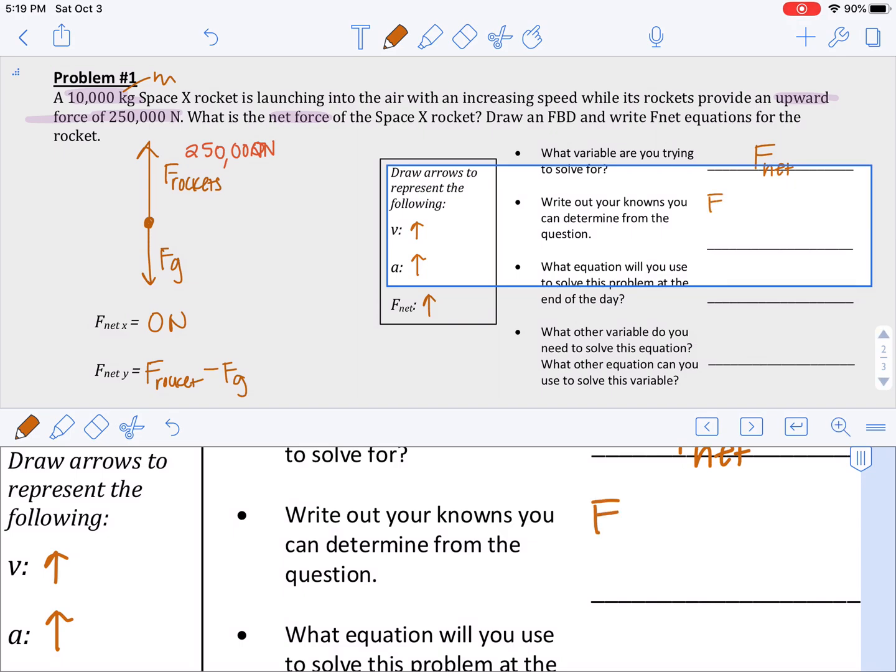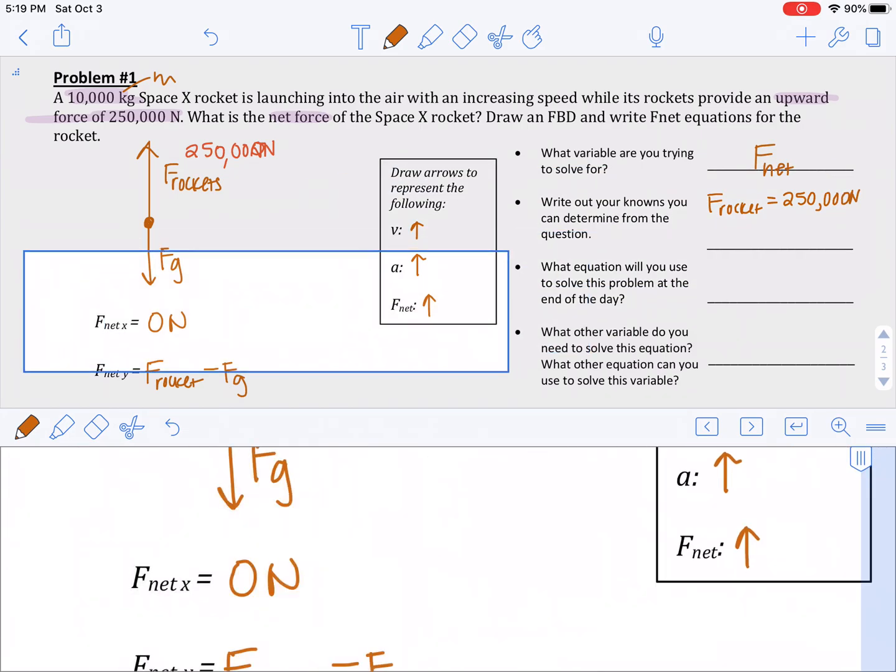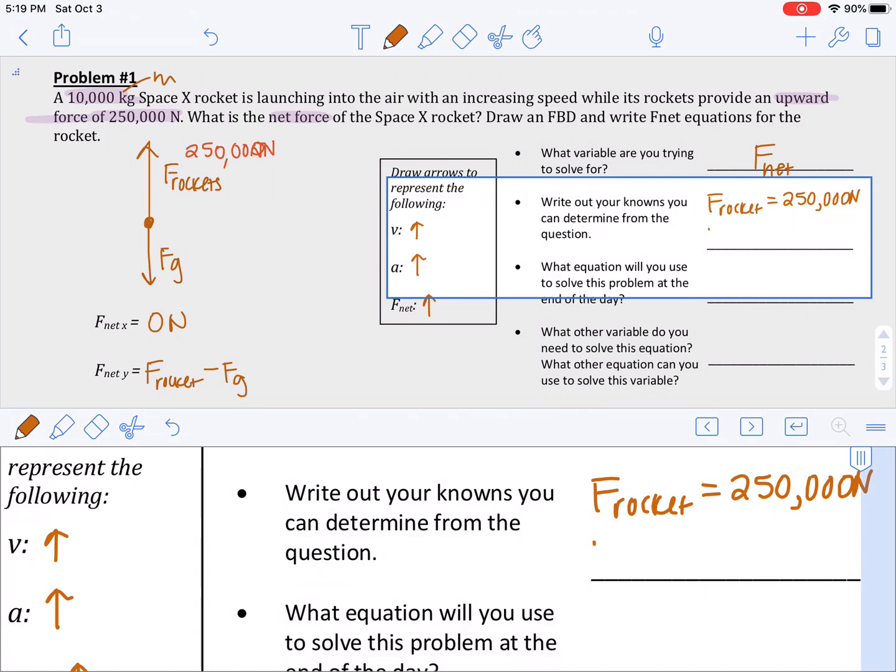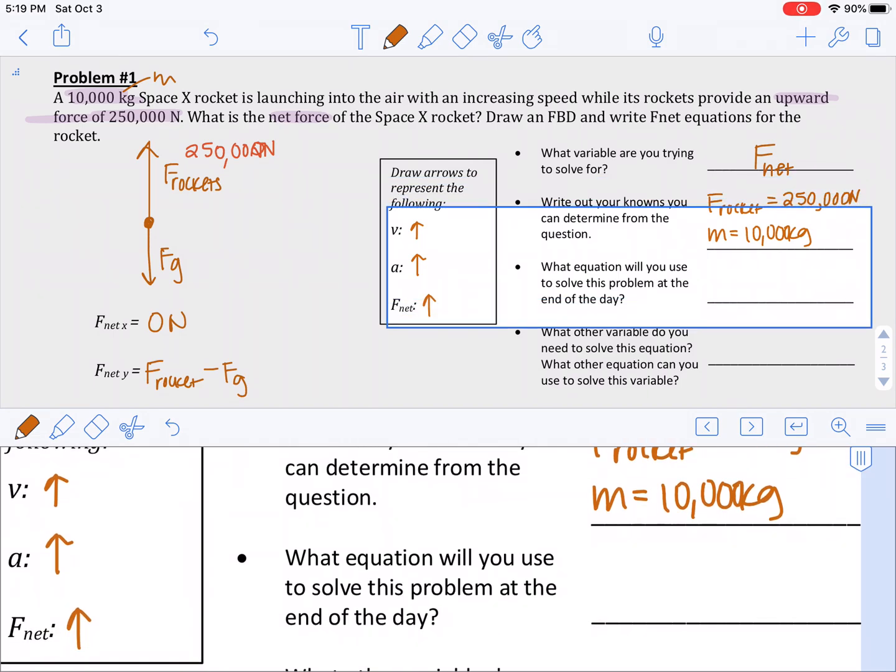So I'm given that F rocket is 250,000 newtons. I'm given that the mass is 10,000 kilograms. And that's really it. I'm just given those two. So what equation will I use to solve this problem? I have to use an equation that has F net in it. So I could use